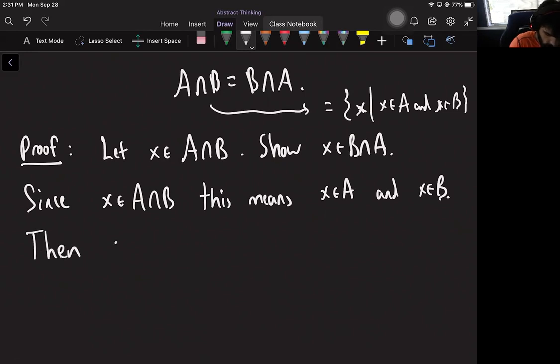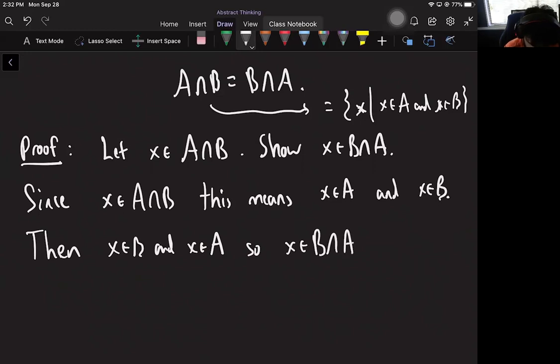So then I can just say, well, that means X is in B and X is in A, if I just say the sentence in the reverse direction. So if X is in B and X is in A, that tells you that X is in B intersect A,